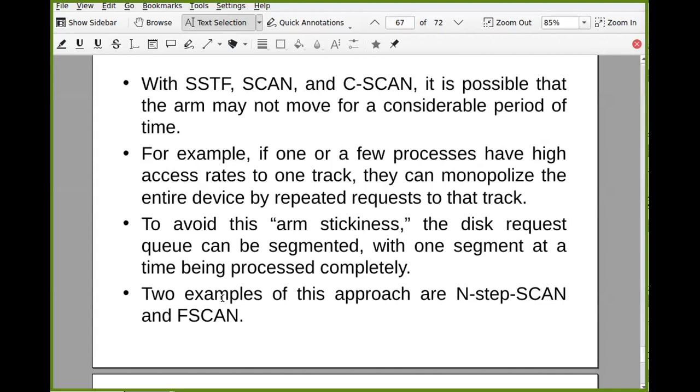Now you need to understand this. For example, if one or a few processes have high access rates to one particular track, they can monopolize the entire device by repeated requests to that track.